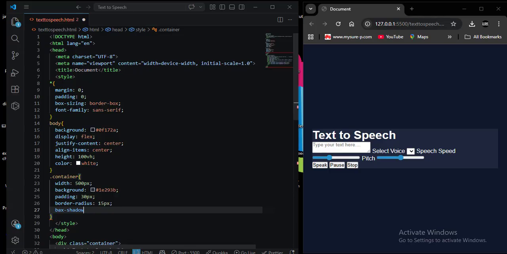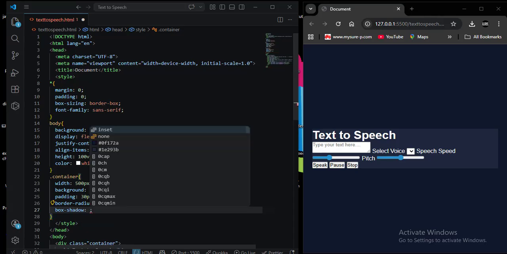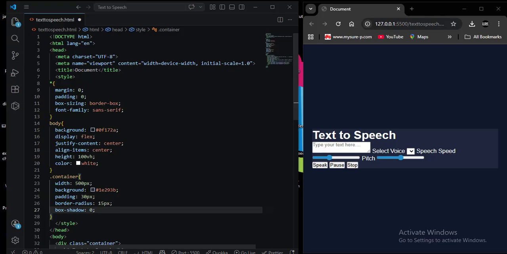In the box-shadow, I'm going to go with 0, 0, 20 pixels, and